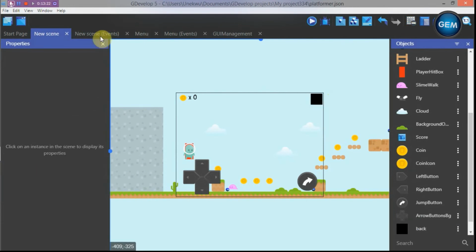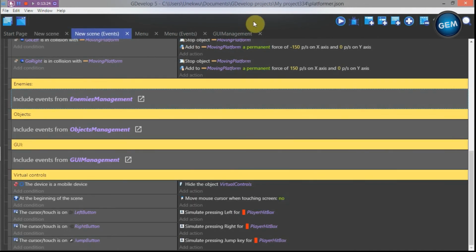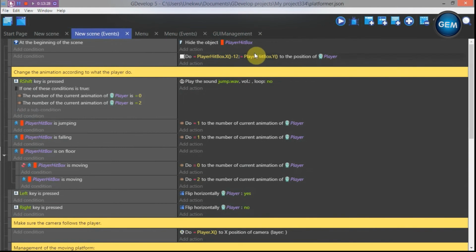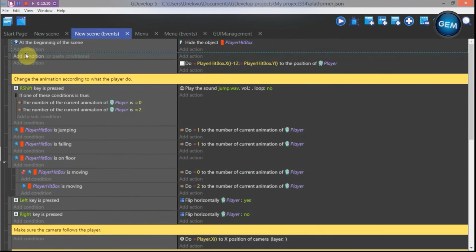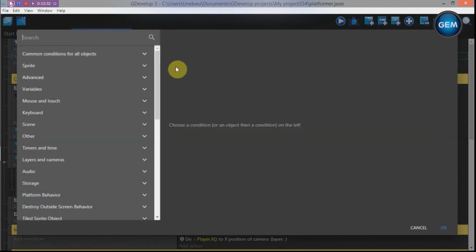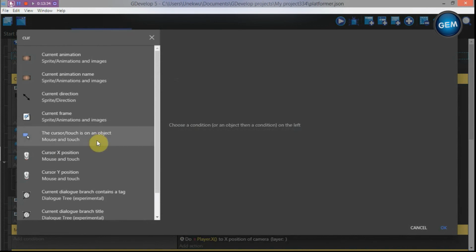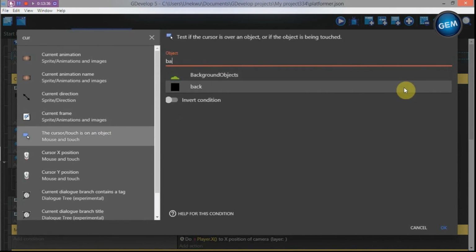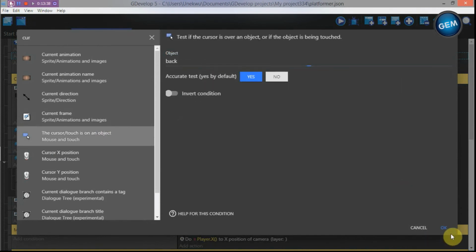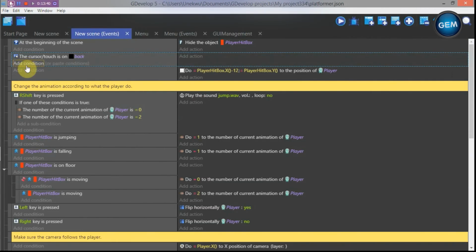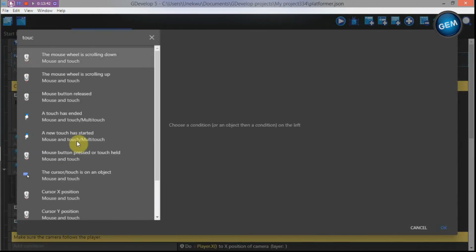Okay, now new scene events, at the top, add an empty event, cursor or touch is on an object, back. So cursor touch is on back,